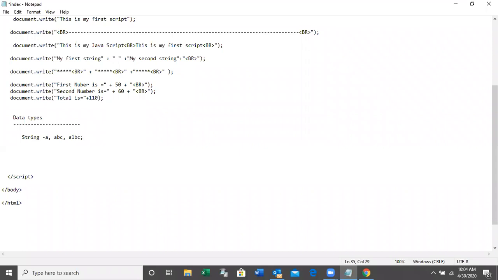All these are string data types, right? Then the number data type, integer. Integer means number data type. Say 5, 7, 12, 15. These are the number data. String, integer, double.